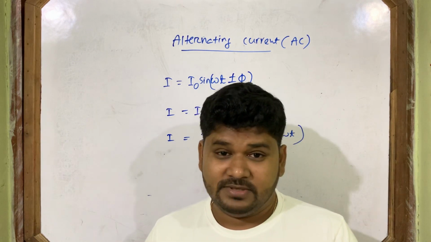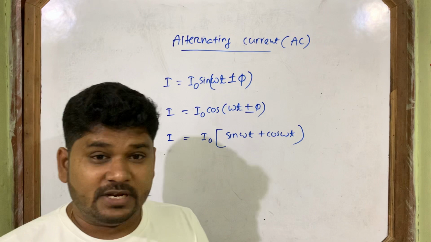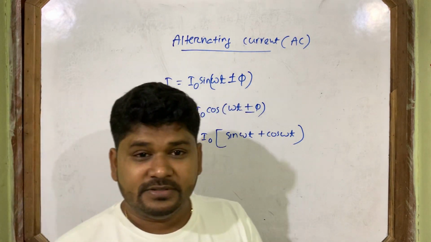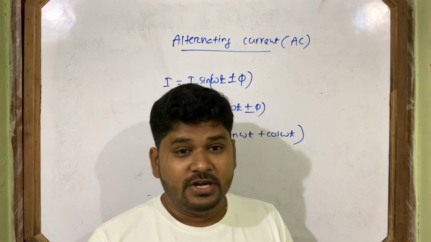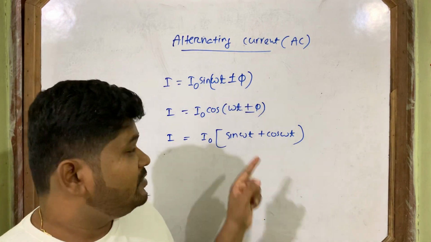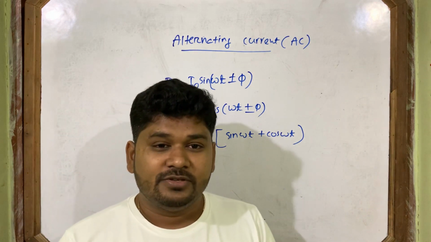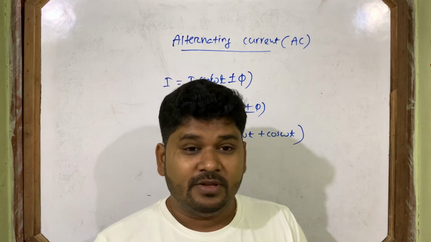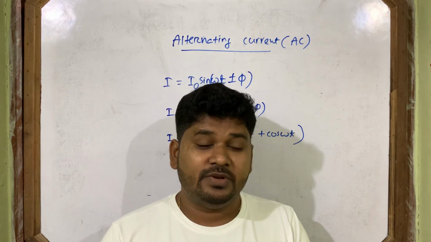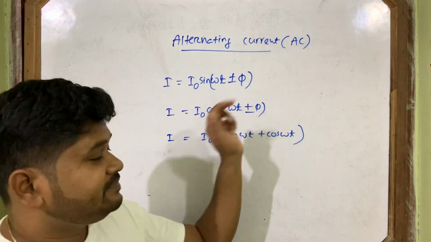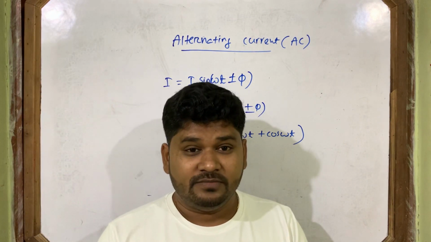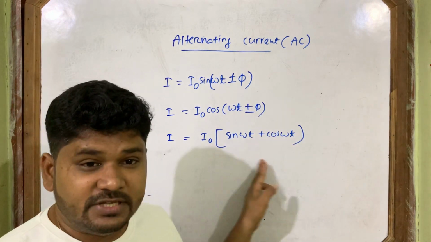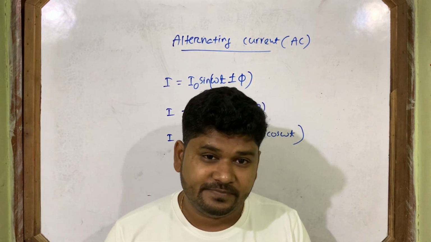Then the question comes to your mind: but sir, we always write this equation, which we derived in the previous chapter, AC generator. We have not derived these others. So for simplicity, for class 12 students, the books and everywhere else use this equation because it will be simple for you. It's not that this is the only equation of alternating current. Any of these can be the equation of alternating current.